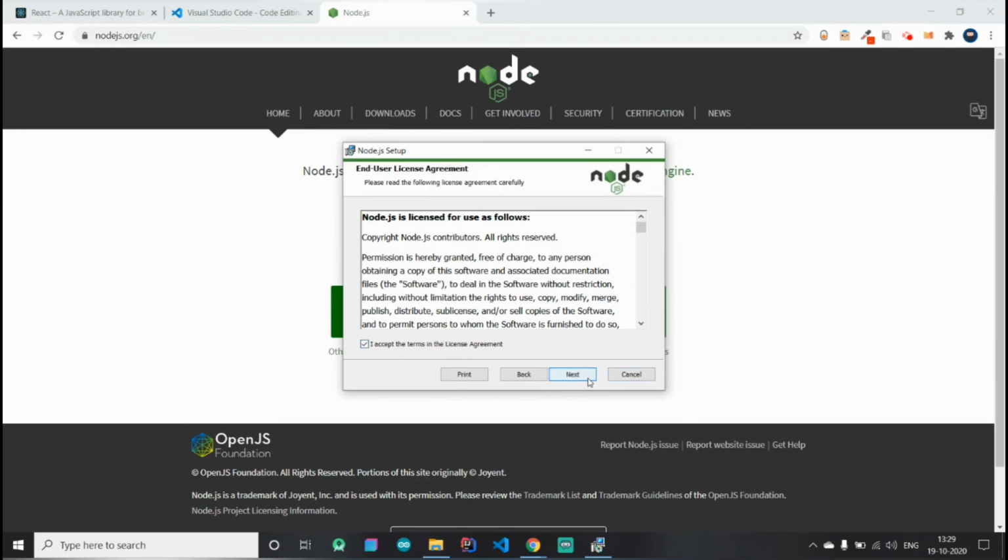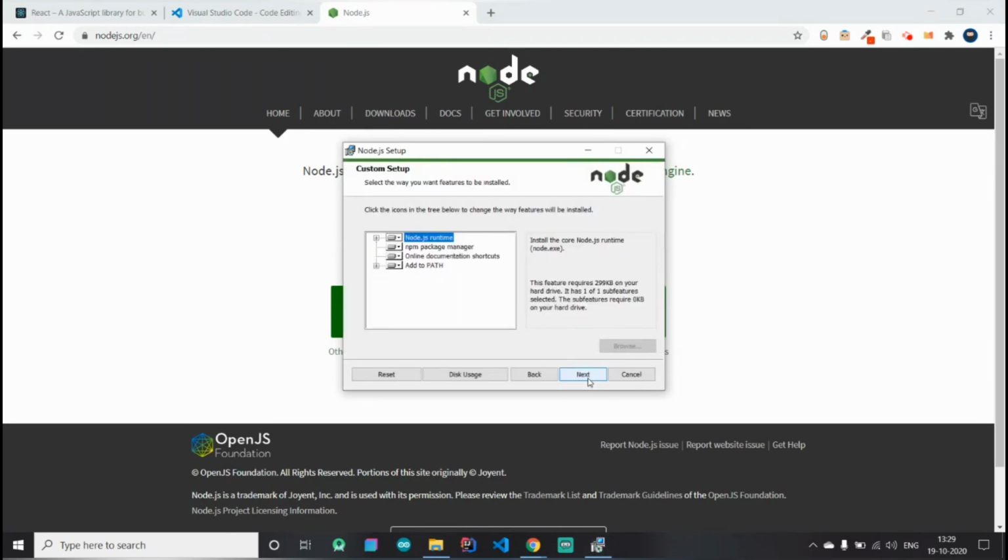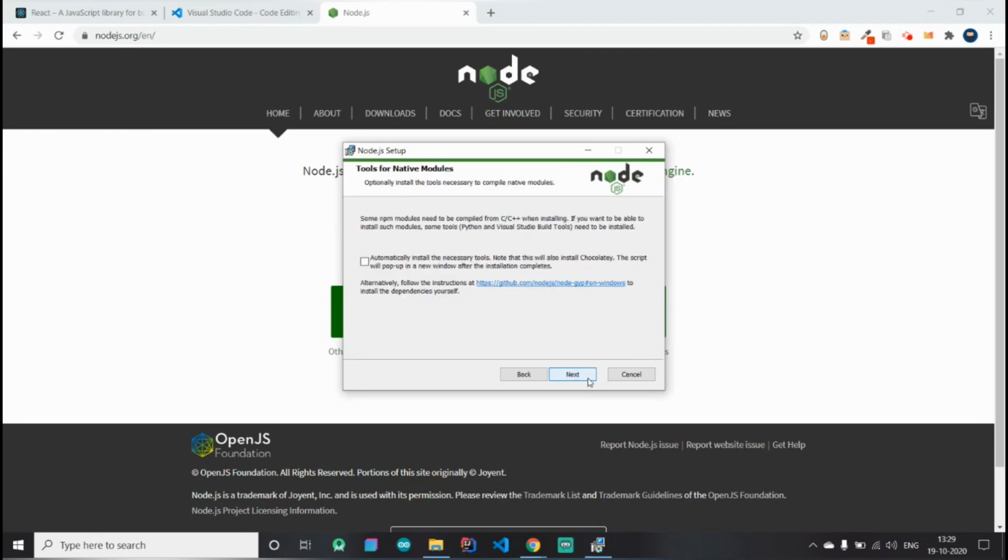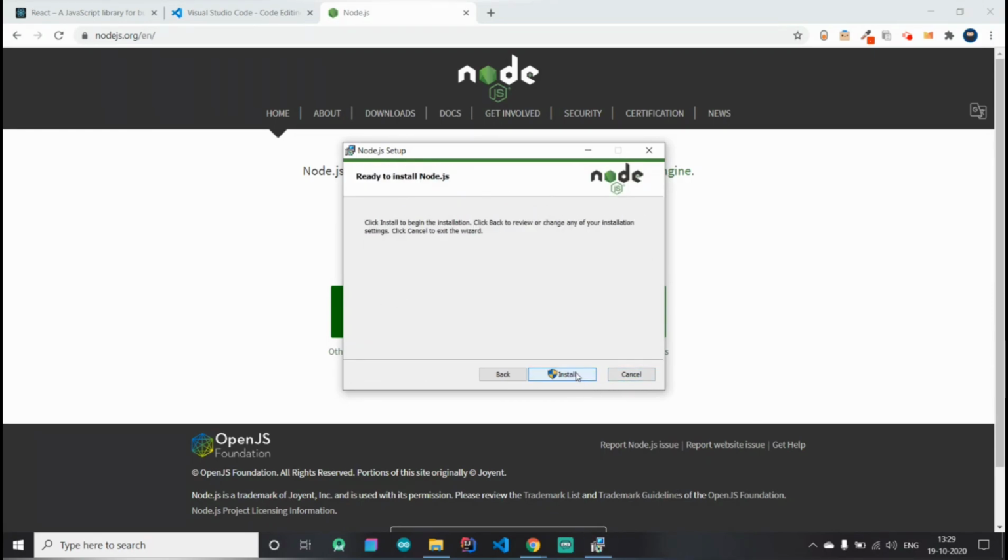Accept the user license agreement and default configurations in the wizard and select the option that says automatically install necessary tools. This will also download Chocolatey for you that we'll need later. Please note that the entire process is going to take some time.